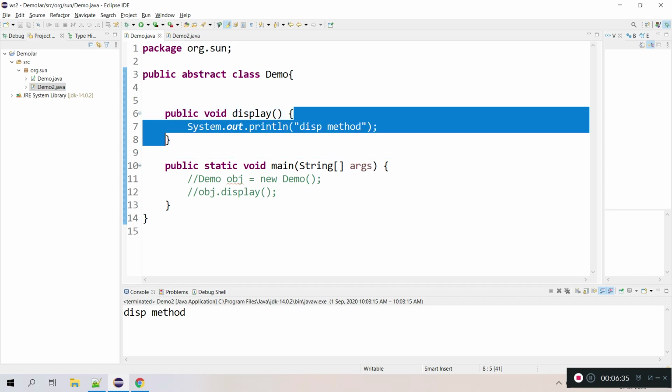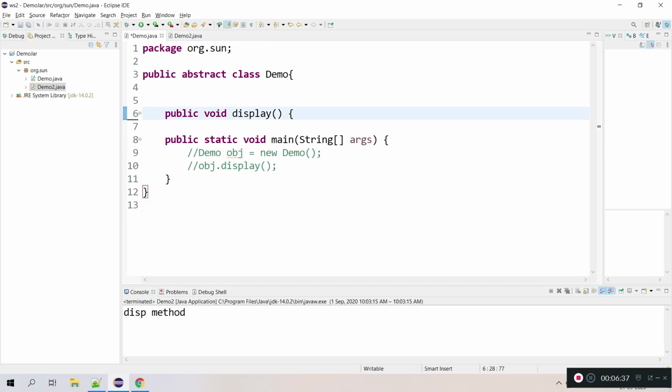Let's say I'm not providing a body to this method, then I need to declare it as abstract, telling the compiler or runtime environment that this method doesn't have any body and will be implemented in its subclasses. So this is a signature, and we give the abstract keyword so that we need not implement the body.